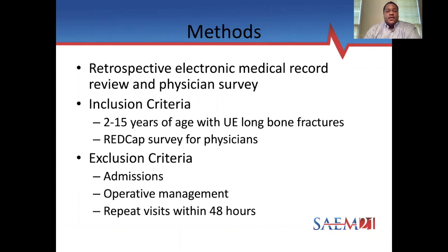We retrospectively examined our EMR and also sent out a physician survey. So our inclusion criteria included any child that was aged 2 to 15 years that presented to any of our 3 emergency departments in Atlanta with upper extremity long bone fractures. And we also sent out a REDCap survey to physicians asking for their self-identified race and asking for their permission to have their patient charts included in the study and analyzed. So those physicians that did complete it and said yes, those were the patients who, along with the age requirements and the diagnosis requirements, met